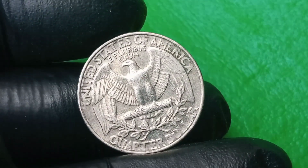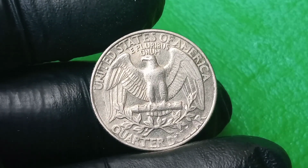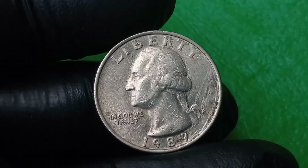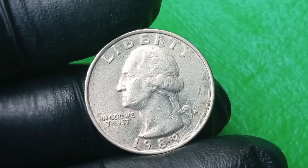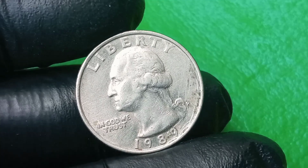hide a multimillion-dollar treasure if only we take the time to look closer, to learn the signs, to understand the nuances of minting errors, from the big ones like double dies, off-center strikes, and planchet mismatches to the smaller ones like die cracks, clash marks, punched mint marks, or incorrect edge reads, all of which can dramatically affect a coin's